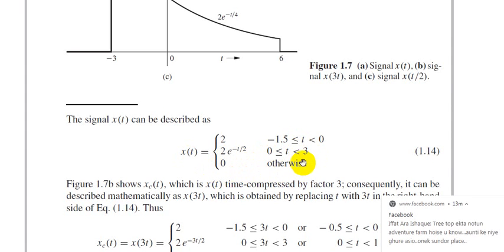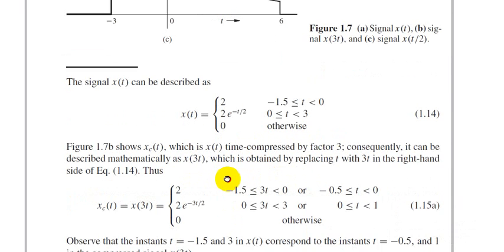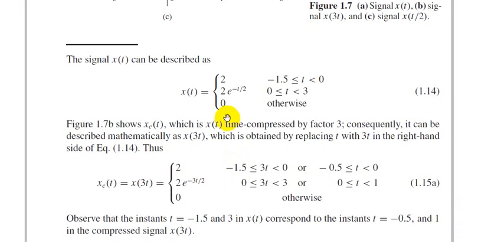when t is outside this frame. Okay, so let's see if we want to find x of 3t, how we'll deal with this. Like we have done in our shifting operation, when we are about to find x of 3t, we actually replace all the t's in this function with 3t, and we evaluate this function, and we'll get x of 3t equals 2 when the value is